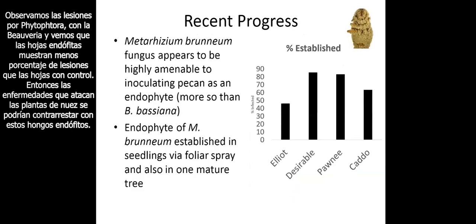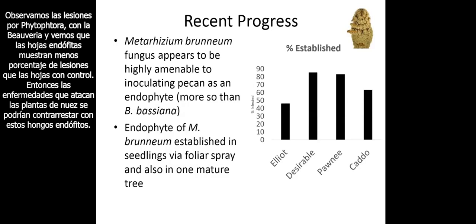More recently, we find that another fungus, the green muscadine fungus shown here, can also be amenable to inoculating pecan and existing as an endophyte inside the pecan plant. So this is the green muscadine fungus. The other one I was talking about before is the white muscadine fungus. And we see all these different varieties are susceptible to inoculation with the fungus and subsequent existence of the endophyte